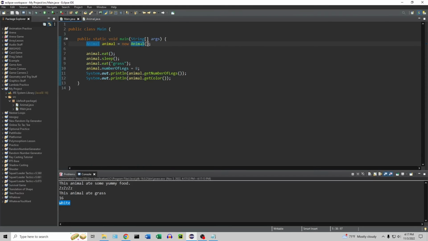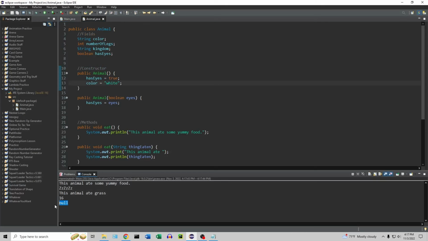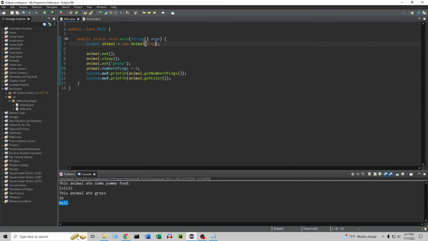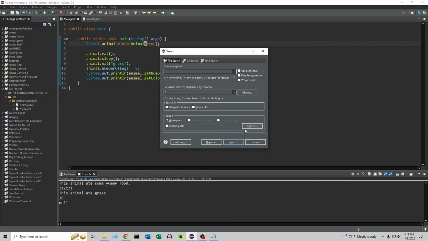So what happens if we did that? Let's do true. Interesting. Let's see. We get null. Null means it has no value. Like it's not even zero. Zero is a value. Null means no value. So if we don't set it, we'll get this, and this can cause problems. This is probably the most common error that I've ever gotten, null pointer exceptions, which we'll go over later, what exceptions are. But for now,